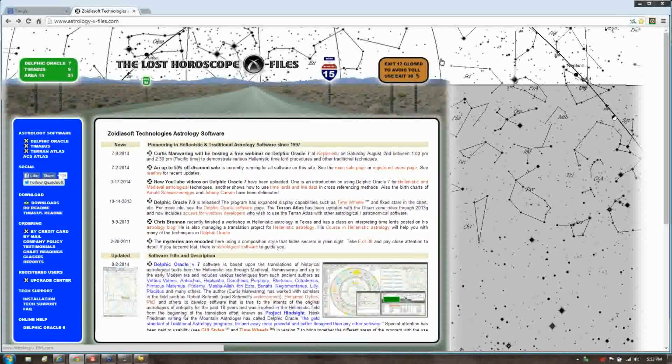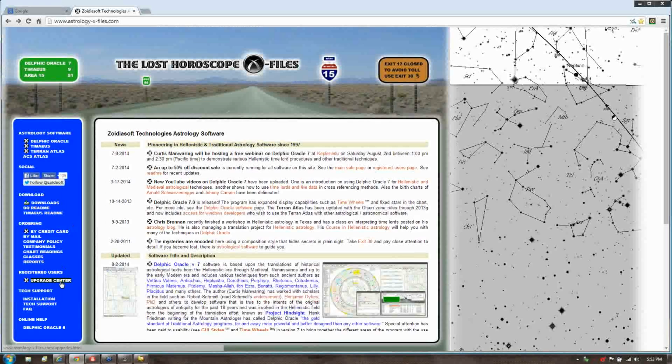I wrote a little bit about this down below here, but what happened was I came up with these keywords when I was trying to become more serious with it. So it was like astrology, planet, zodiac, horoscope, and so on. They're all prominent, so I wanted to put those in there, but I eventually just truncated it down into the Lost Horoscope X-Files. And I used the astrology domain as the primary one, because each one was 7 times greater than the other in terms of amount of traffic on